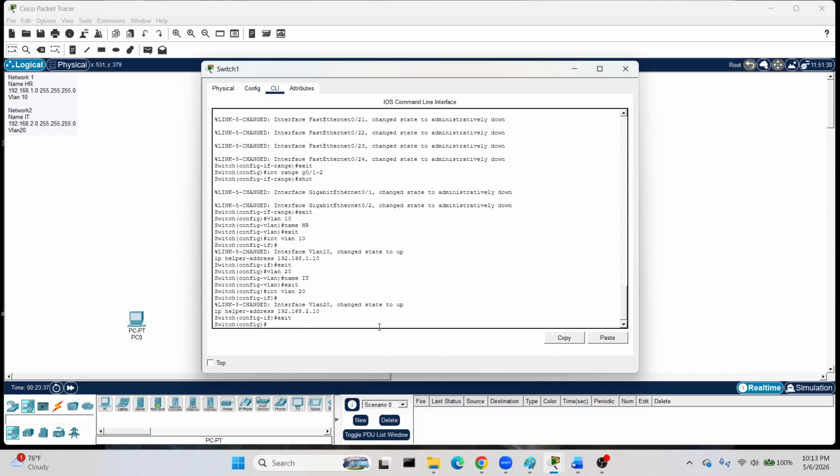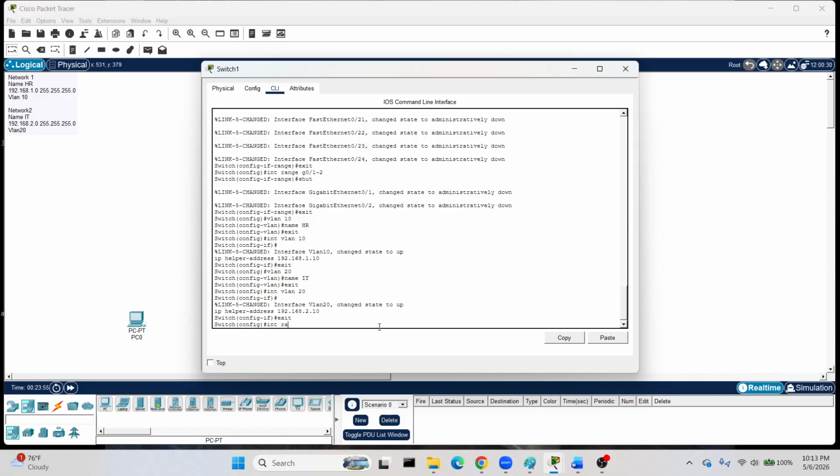Now, all the ports are shut down. We have our VLANs set up, but we need to change the gigabit Ethernet ports to go from access to trunk. Alright, so